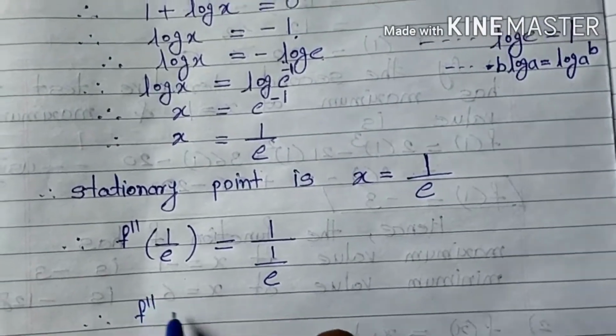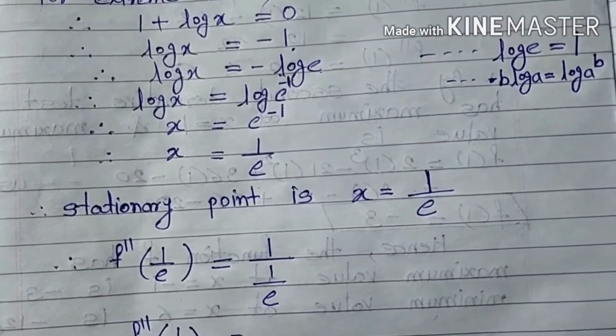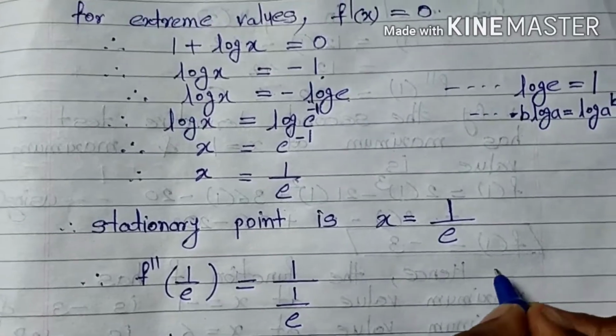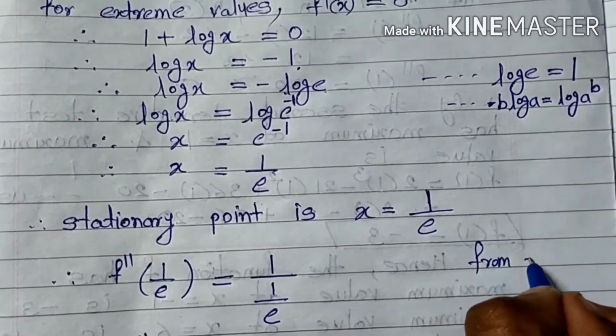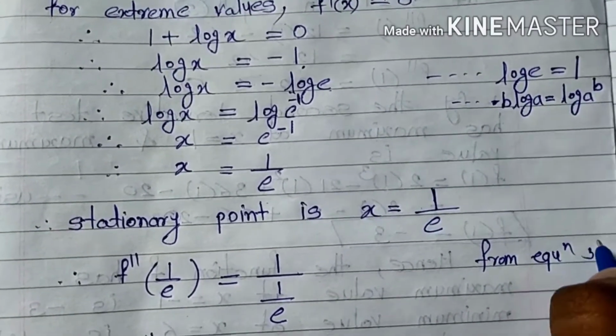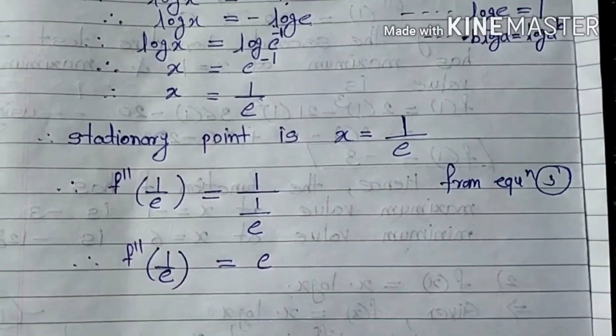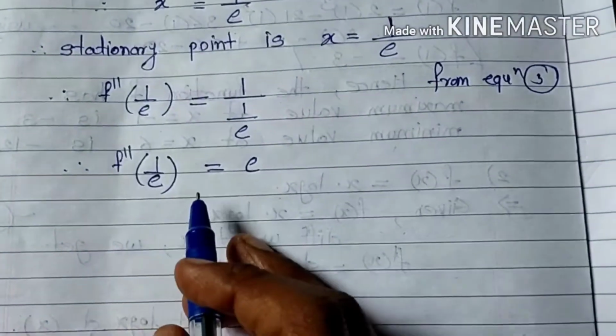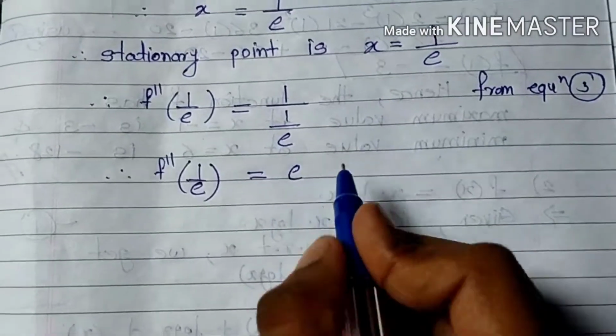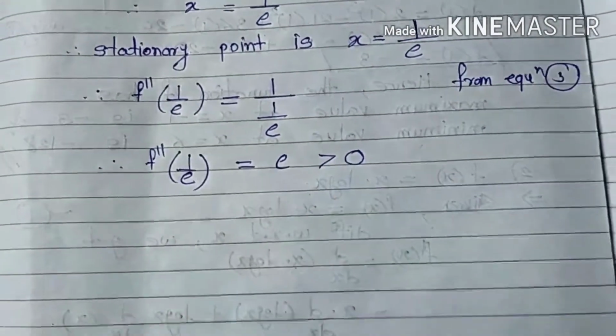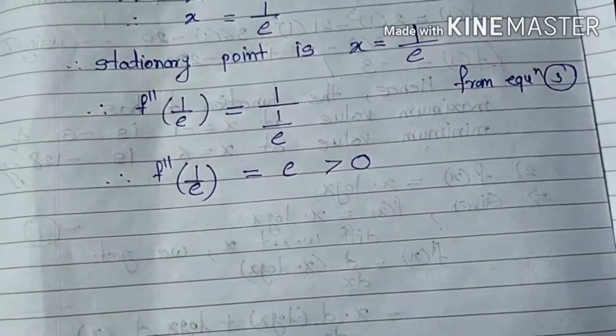Therefore f double dash of 1 upon e is equal to e, from equation 3. We know that value of e is always greater than 0. So by second derivative test,